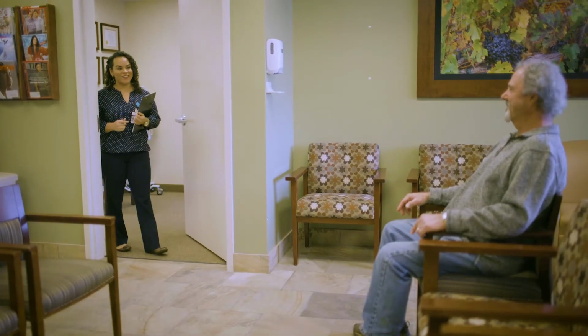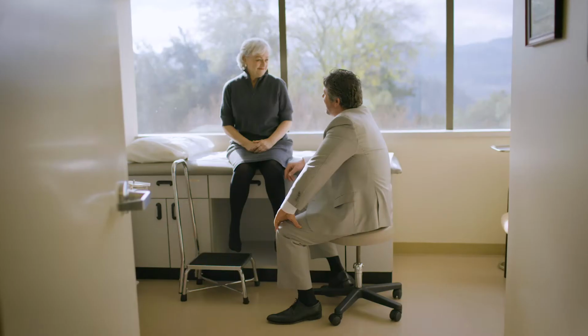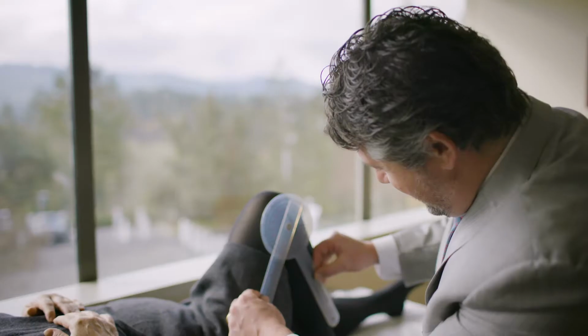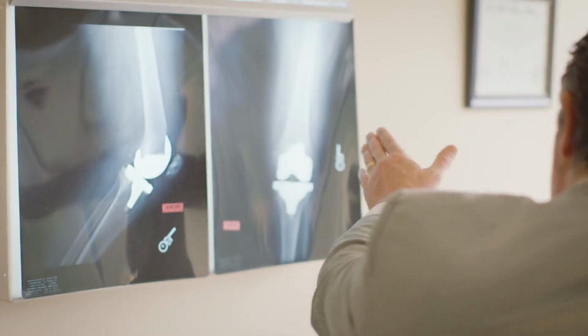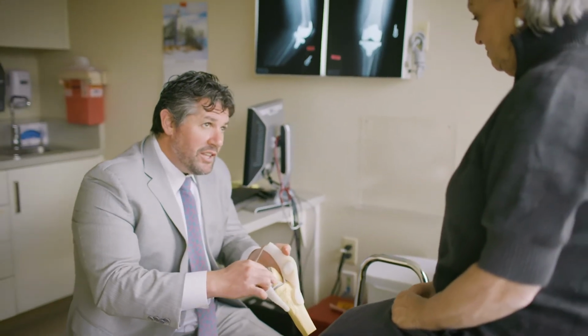So at the first office visit, you'll come in to be registered. We'll get various pieces of information so that we can get to know you better. Then the doctor will perform an examination and ask questions, and we'll also review the x-rays or any other radiographic studies. In general, if people have already exhausted non-operative measures, then we talk about surgical options, which would be either